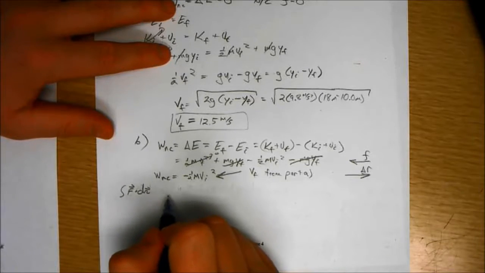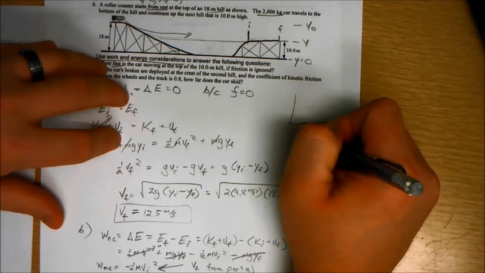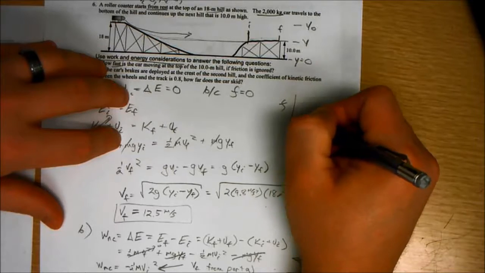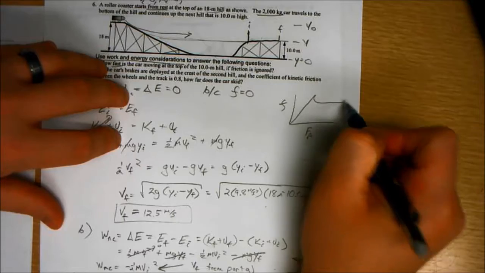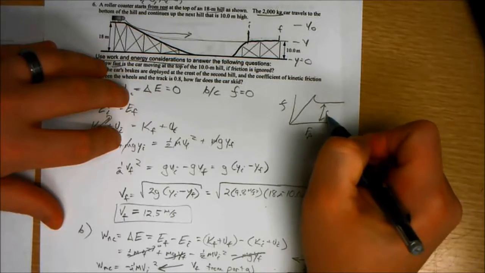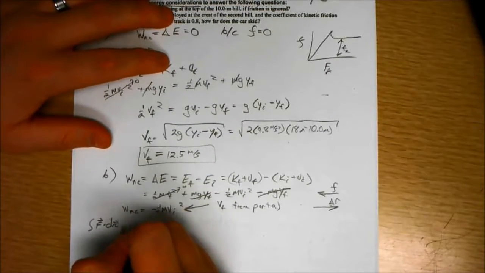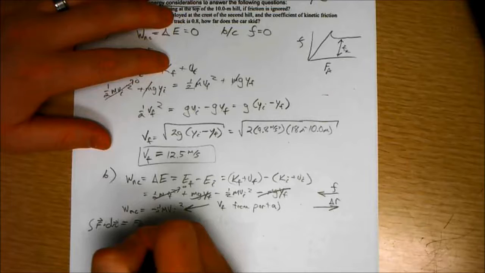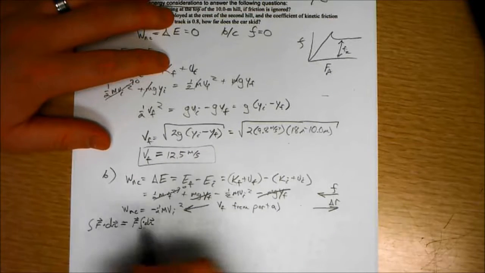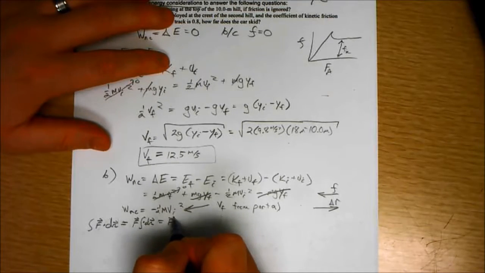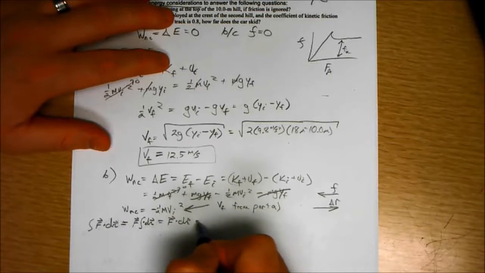Well, the force of friction is constant because, if you remember, the force applied and the force of friction increase linearly until the object starts moving, then it drops down to a constant level. This is the force of kinetic friction. So the force of friction is constant, so I can pull it outside of the integral. And when in doubt, just assume that it's constant, because you'll know if I'm actually going to make you integrate something. So then the integral over dr is just